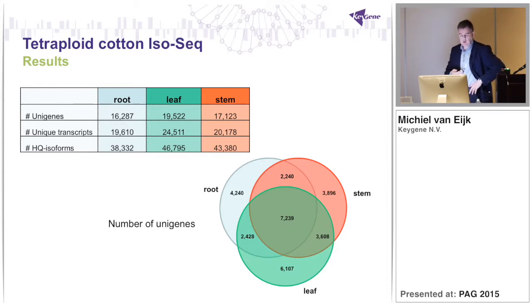The number of unique transcripts ranged from 19,500 to almost 25,000, again with the highest number in leaf, and between 38,000 and 46,795 high quality isoforms were extracted from these 48 SMRT cells. So it's really an enormous data set that we are just at the very beginning of understanding what it all